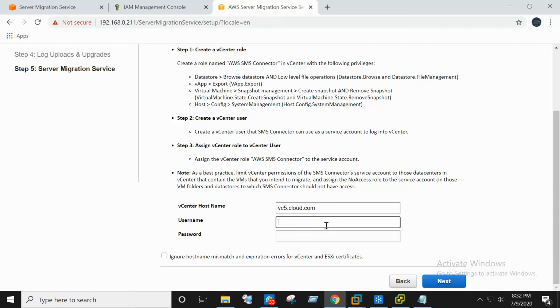Next, username administrator@vsphere.local and password cloud@123. Next.